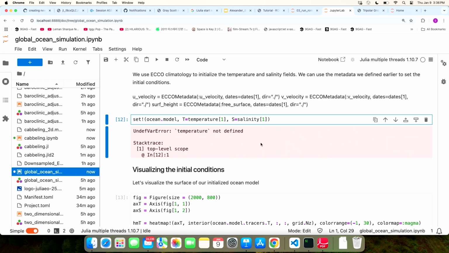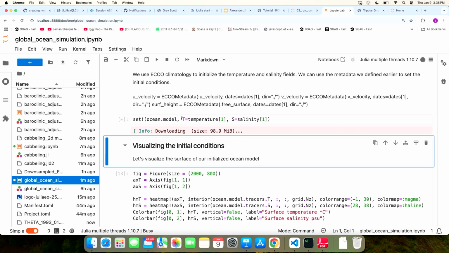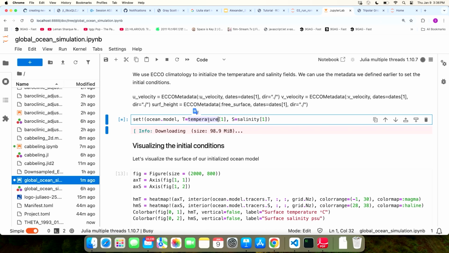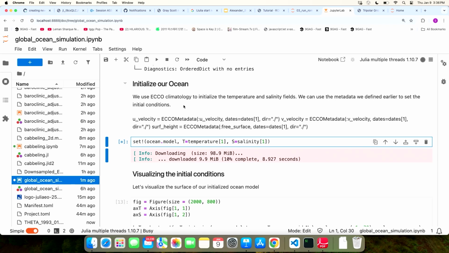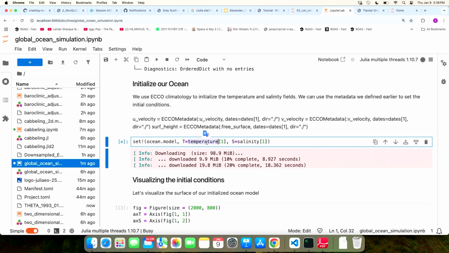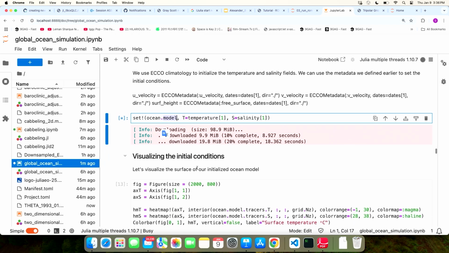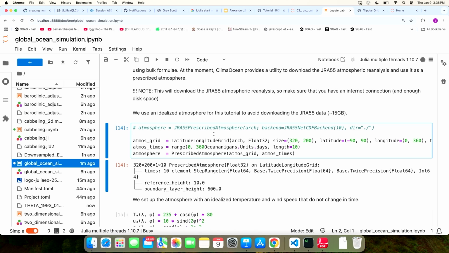Again, we can initialize our ocean model with, oh my God, this is starting to download. This will take a while because I want to initialize my model with ecoclimatology, and apparently in this folder I don't have the ecoclimatology. So this function will start downloading the ecoclimatology and interpolating it on the model that we have. I think I'm kind of out of time, but